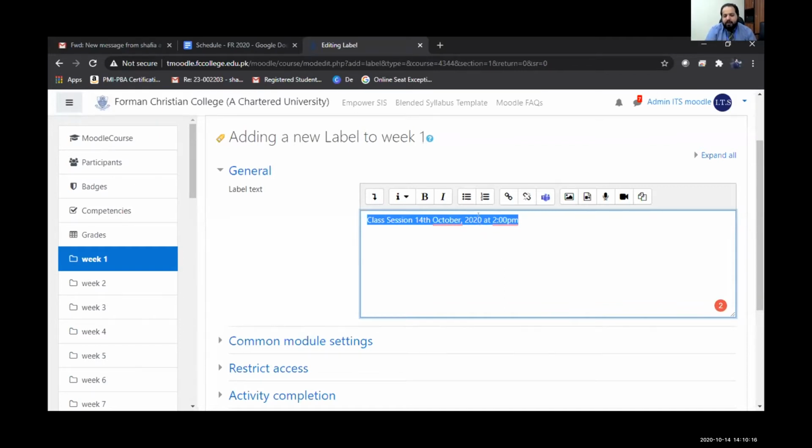That is why after writing the text, I have to ensure that it is selected.